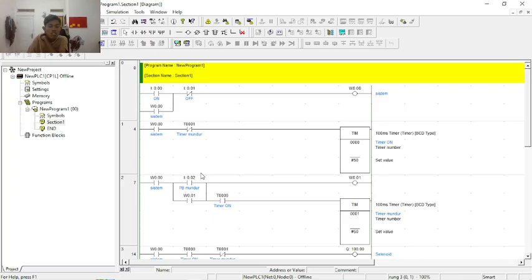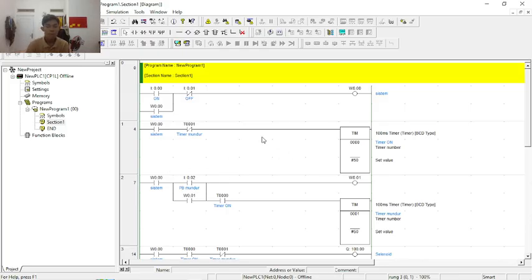For the operation, when I press the button, the timer counts to 5 seconds, then the cylinder extends. And when I release the button, the cylinder stays extended for 3 more seconds before retracting. And for the output coil and pulse timer, no matter how long I press the button, the cylinder extends for exactly 7 seconds.